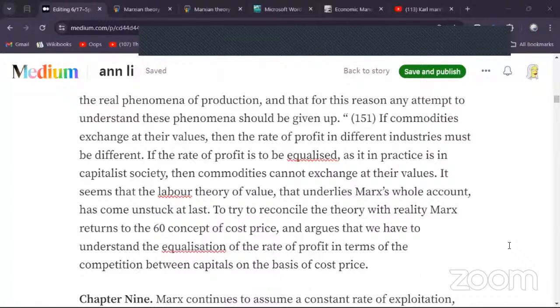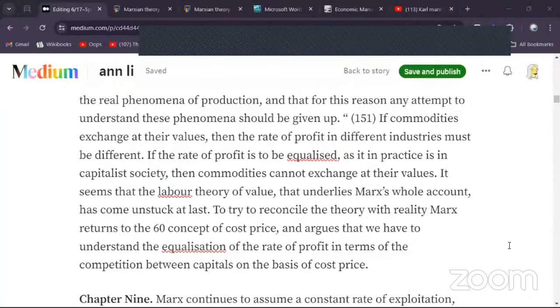This is estimating everything before surplus value, and argues that we have to understand the equalization of the rate of profit in terms of the competition between capitals on the basis of cost price. So this is another assumption, and it's not a bad assumption. It's just that it forces you to say, oh, okay, well, I'm just going to work the average here. And now I have to go through a whole other set of calculations